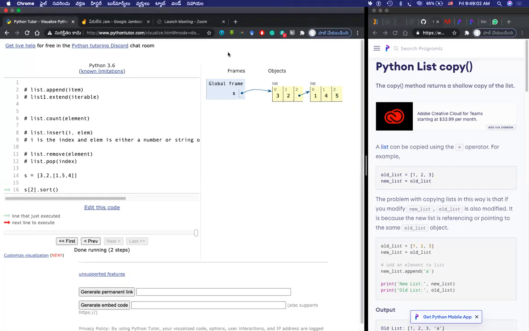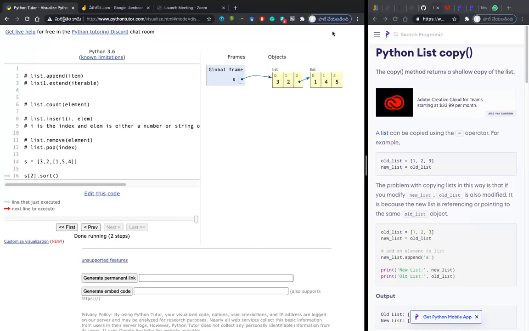Another doubt I got from one of your friends who asked in the chat. Sir, in sort, if we have two strings that are the same, will it give the answer or cancel one of the same strings? If two strings are equal, for example, in a list I am giving Kranti, Kranti, it doesn't do anything, it remains Kranti, Kranti only. Like the example I said, 1, 4, 5, 1, 4, 5 are in an order, or I might give 5, 5, 5. They are also in an order because they are all equal. There is no ascending and descending. It keeps on like that. It never cancels anything. Rahul, have you understood it? Okay.